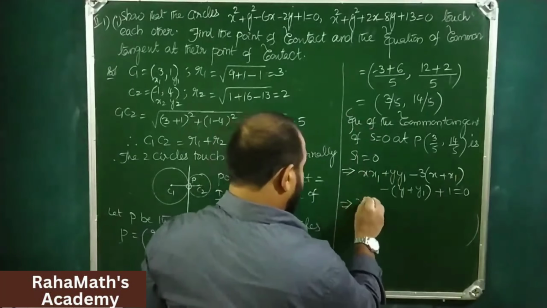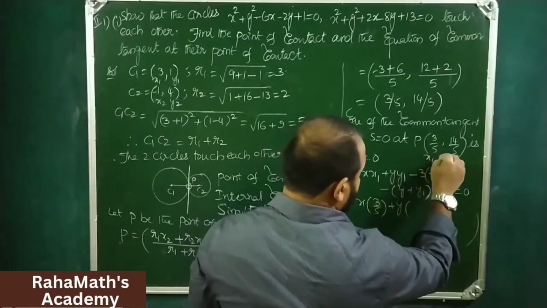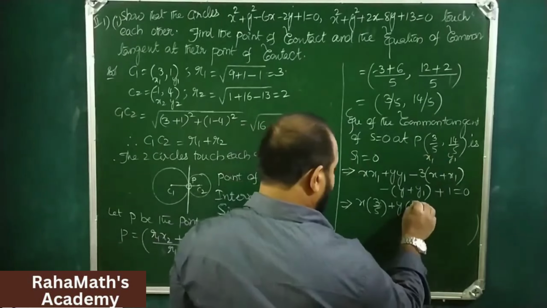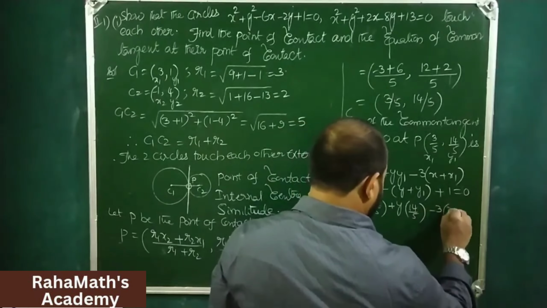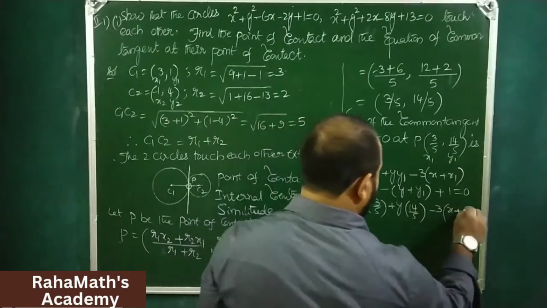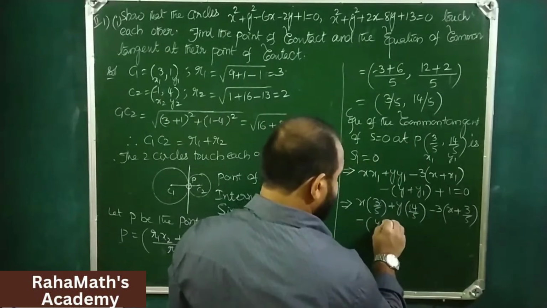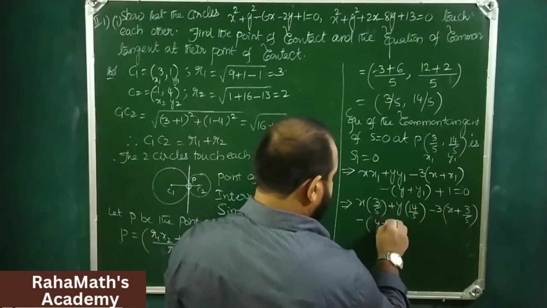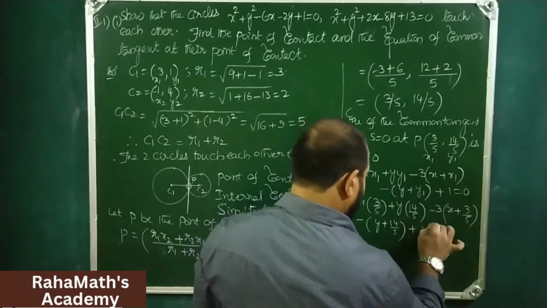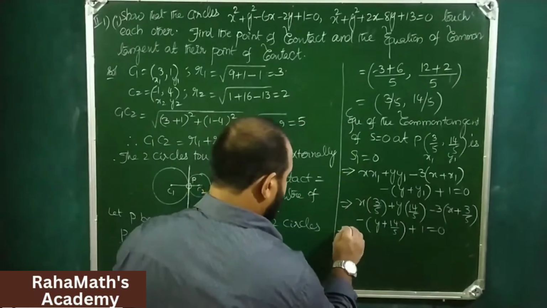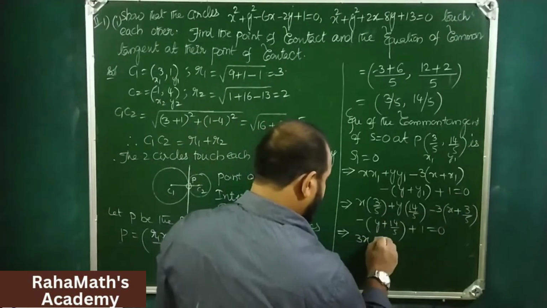That is equal to x into 3/5 plus y into 14/5, this is x1 and y1 now, minus 3 into (x plus 3/5) minus (y plus 14/5) plus 1 equals 0. This is equal to, LCM is 5. So 3x plus 14y